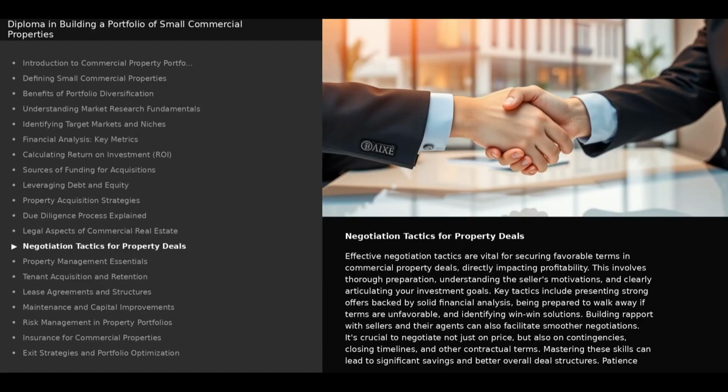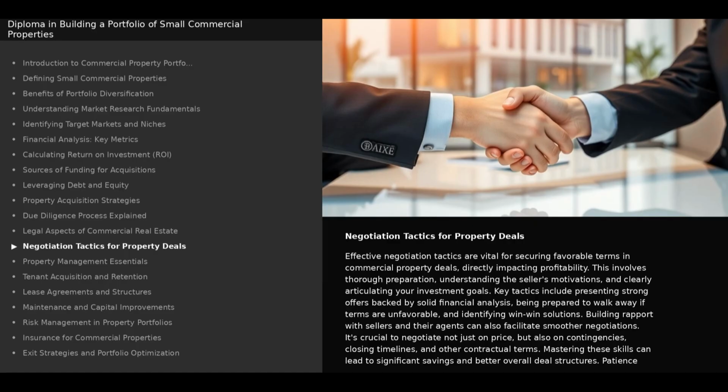Negotiation tactics for property deals. Effective negotiation tactics are vital for securing favorable terms in commercial property deals, directly impacting profitability. This involves thorough preparation, understanding the seller's motivations, and clearly articulating your investment goals. Key tactics include presenting strong offers backed by solid financial analysis, being prepared to walk away if terms are unfavorable,